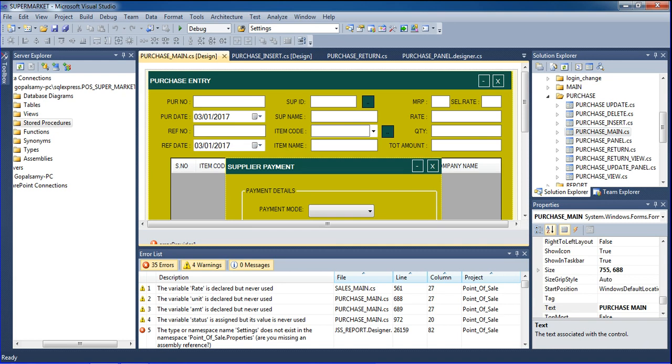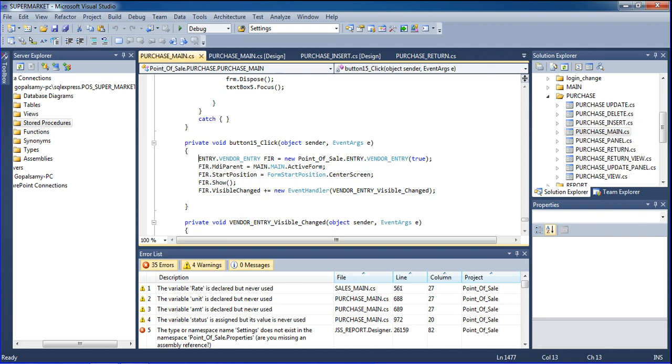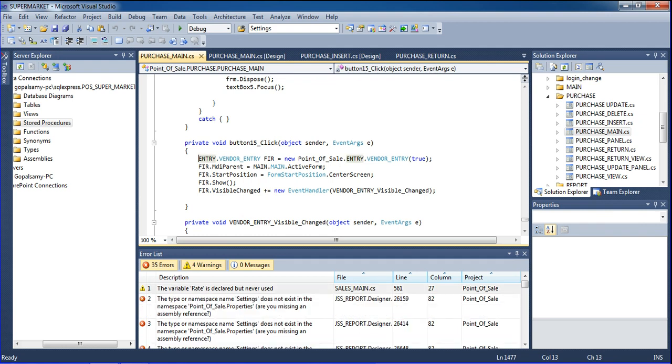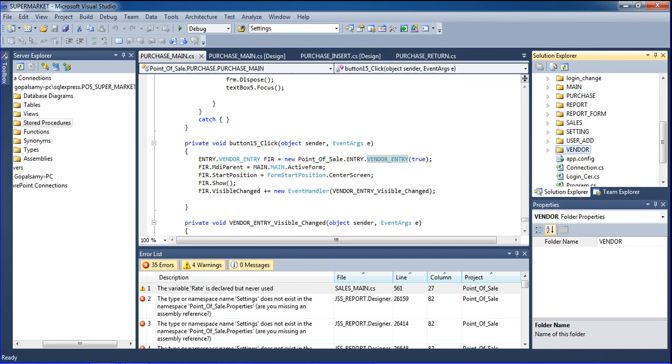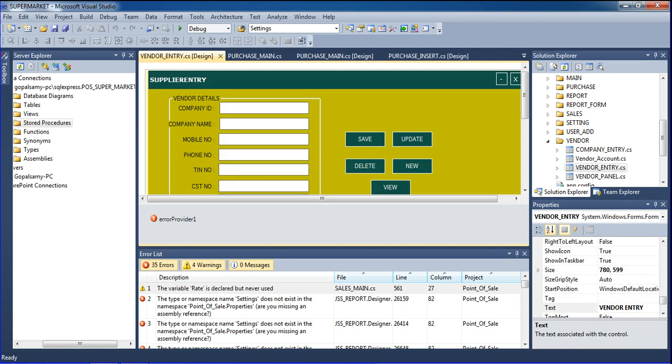In this purchase main, I double click this button. We get all the records from the vendor entry. Where is that vendor entry? The vendor entry is available here. See the vendor entry, with all the records.